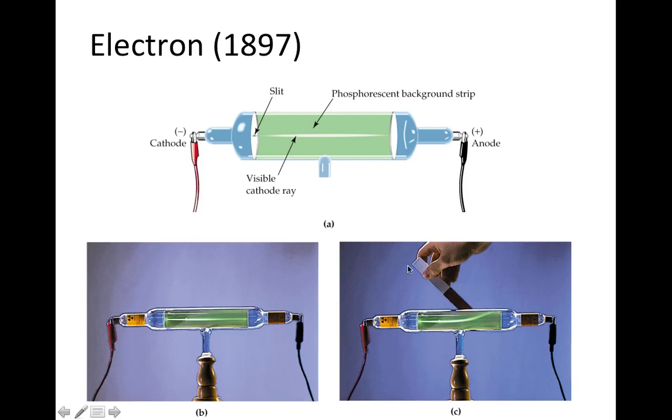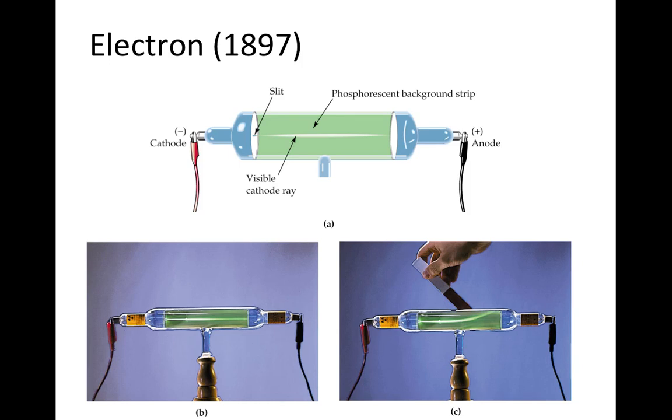And what Thomson did was he realized that these things could be bent by magnetic fields, and he set up a bit more complicated apparatus than this, which had a couple of plates, which enabled him to make some predictions about the properties of these cathode rays. And the hypothesis that he made was that these represented, for the first time, something that was subatomic. From the ancient Greeks onwards, the atom was always thought to be the smallest bit of matter. Now, Thomson was saying, no, there are actually smaller things, electrons, which have a negative charge.